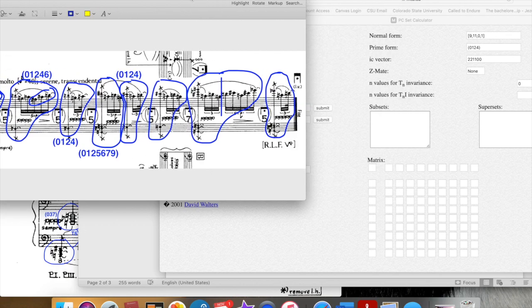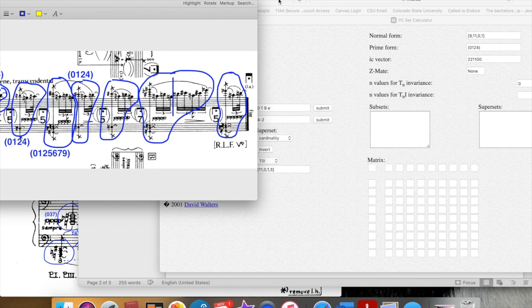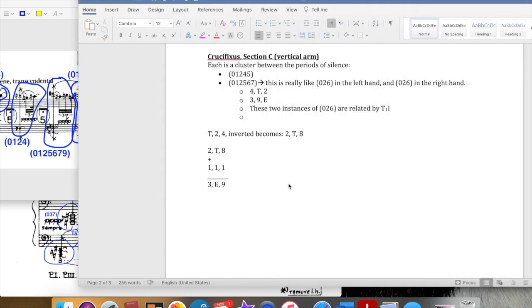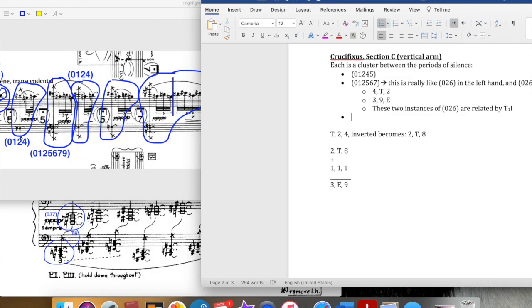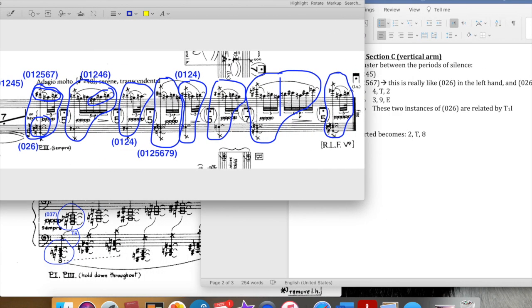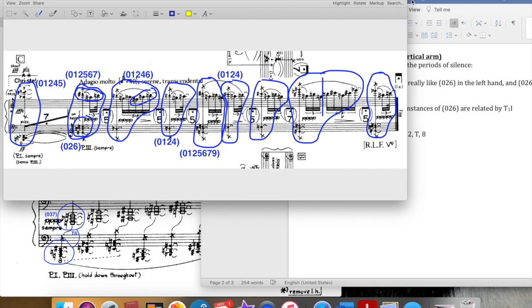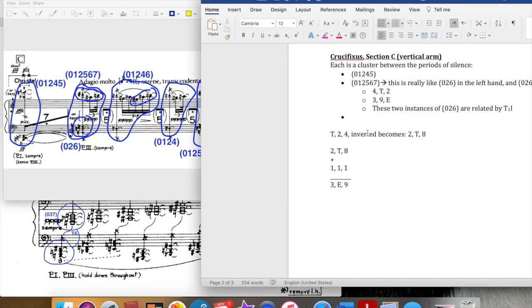Let's see if we can figure out now how those two might be related by making some notes. We could make our notes a little bit more consistent and comprehensive over here. So let's do that first, and then we will explore the relationship between those two sets. So we've got